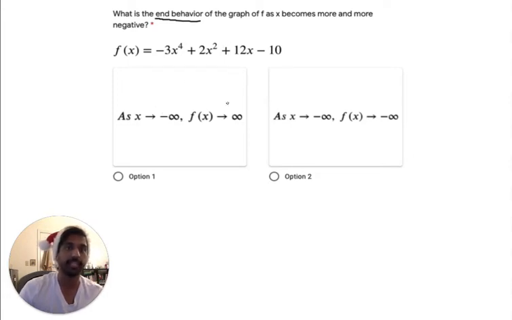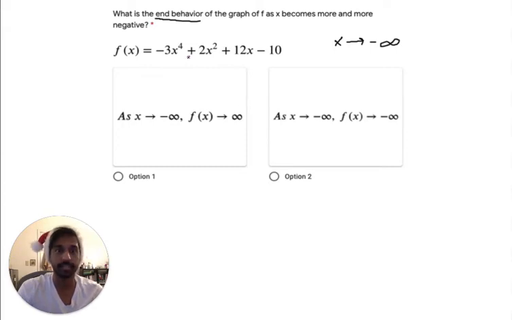And so we can see here in both of these, they're saying as x approaches, or gets closer and closer to, negative infinity. So we're looking all the way to the left. We want to think about what happens there. Well, as things become more and more